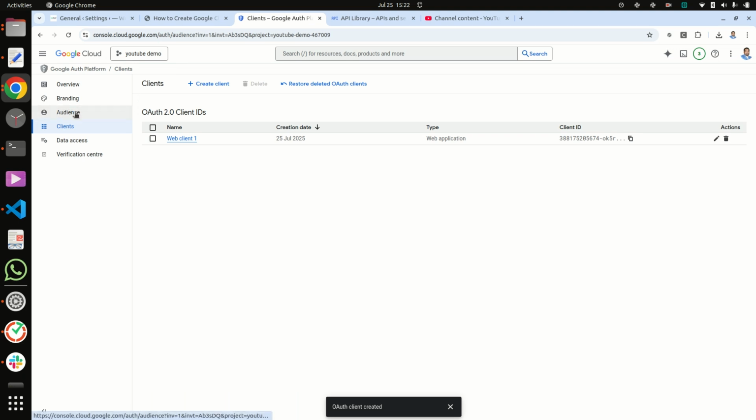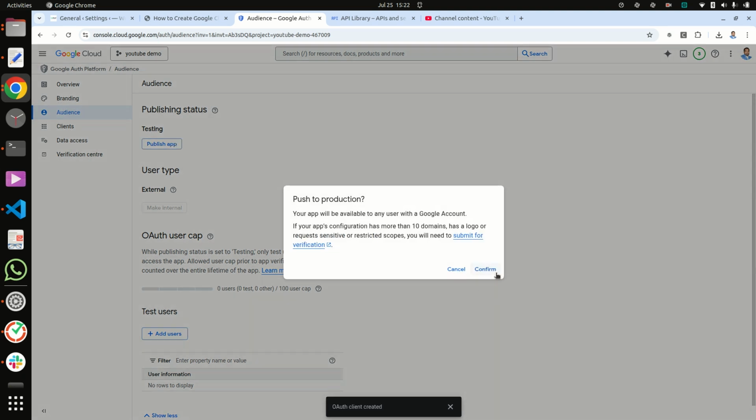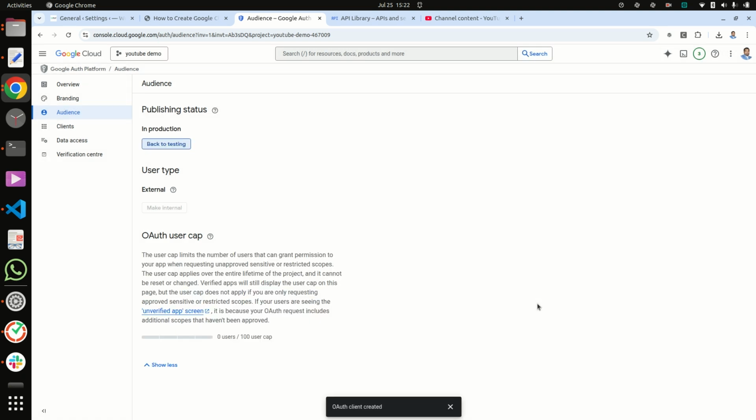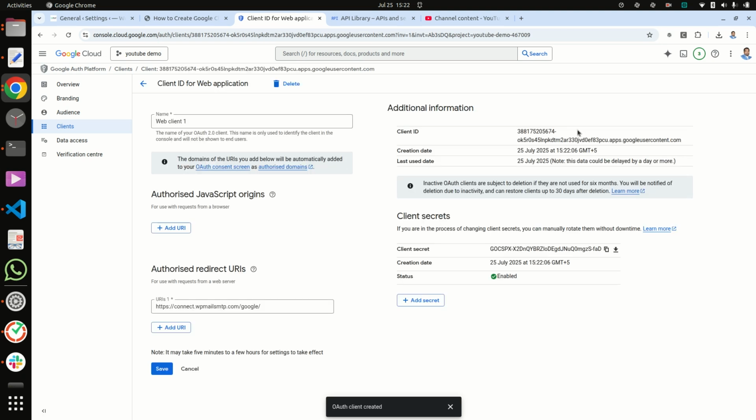And now click on audience and click on publish app, and then confirm. And then click on client, and now click on edit. After this demo I will delete both the client ID and client secret, so don't worry.